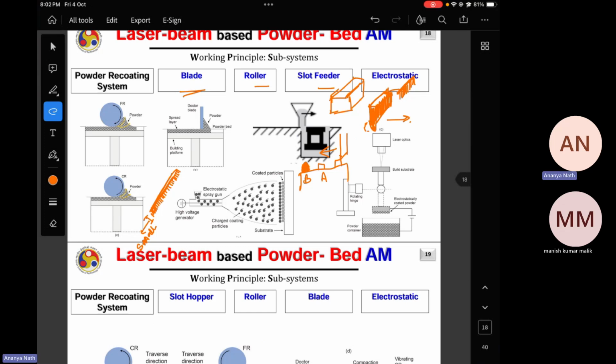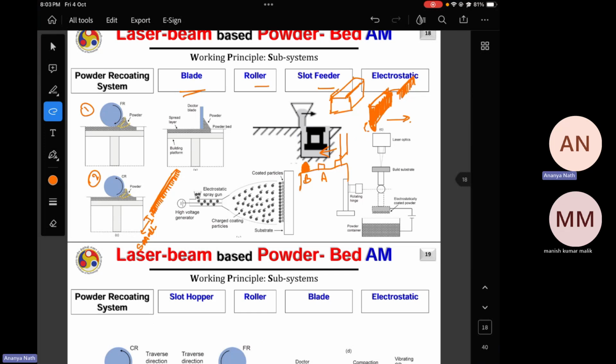And then we have the roller. So the roller can move in this direction one and can move in this direction two. If it's moving in one direction, it is basically pressing the powder and spreading it. So your powder layer compaction will be better in case of one. In case of two, it is just spreading the powder by moving forward, so the spreading will be better, but there will be no compaction in the layer because there is literally no pressure on the layer. So this is the role of a roller.